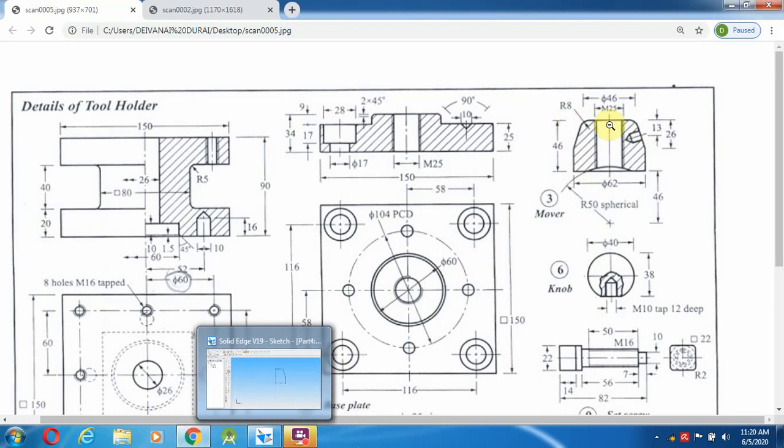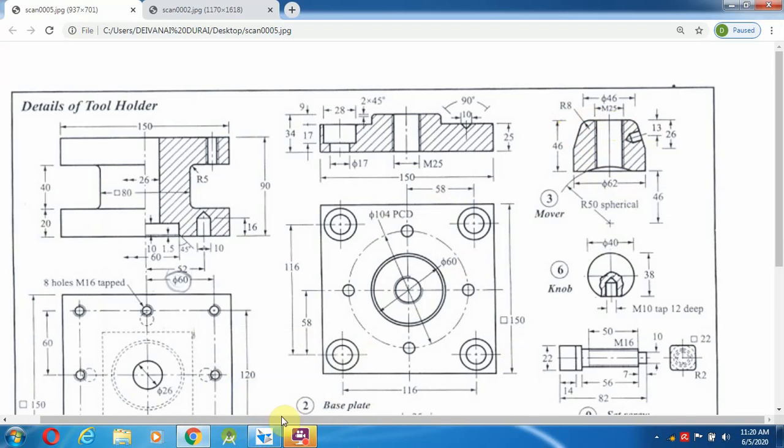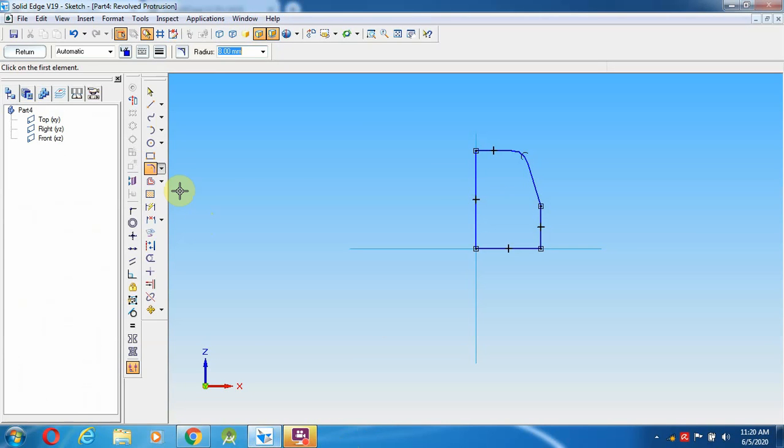Then in the middle, the hole is coming. I'm going to make that hole M25, which means a V shape thread with a 25 mm diameter. Okay, first I'm going to create the hole here itself, not 25, but 12.5 mm, and down.